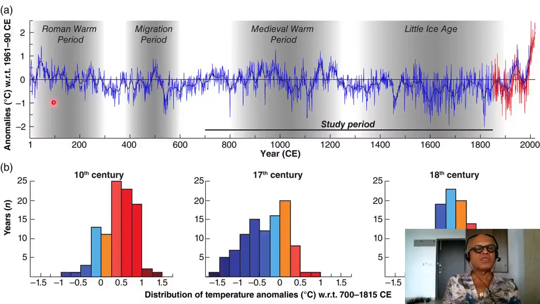And here we are with the Roman warm period we had seen before, with the temperature distribution that has a warm tail compared to the cold tail, and the migration period where a cooling happened and the Roman Empire began to decline, and trading patterns changed. We had talked about this in the context of the Middle East as well.